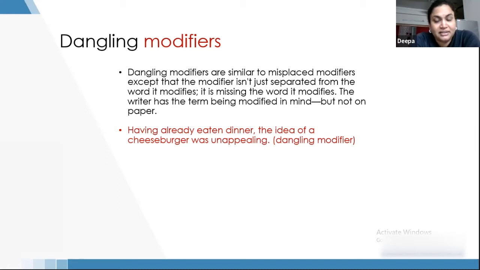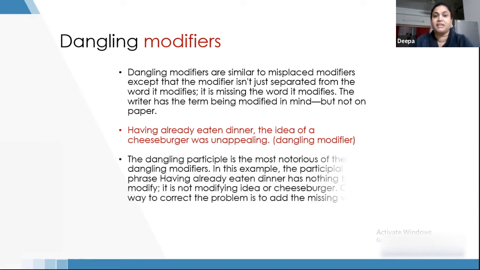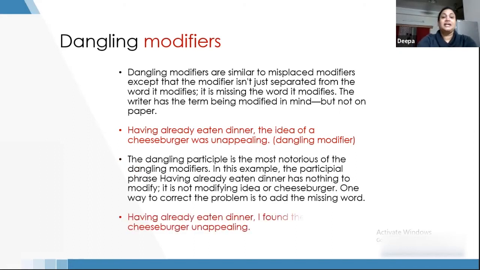Where is the modifier dangling? Having already eaten dinner, the idea of a cheeseburger was unappealing. So let's check how better we can make this. Having already eaten dinner, I found the idea of a cheeseburger unappealing. Now here,